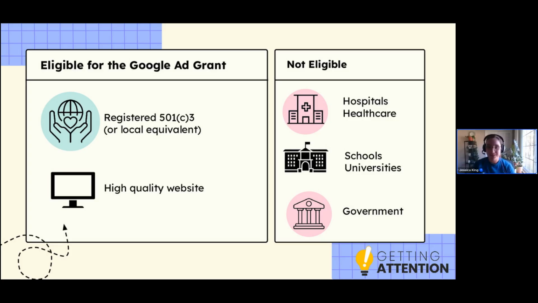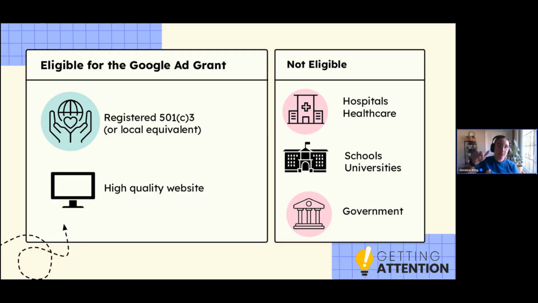For US-based nonprofits, to be eligible for the Google Ad Grant, you need to be registered as a 501c3. That part is super important. You can't be a 501c6. You can't be a fiscal sponsored organization. You do have to be a 501c3. The other question I've gotten before is, is it sufficient to be registered at the state level, or do we also have to be registered at the national level? Google is going to be looking for that national registration. So you should be registered as a 501c3 or your local equivalent. Off the top of my head, I'm familiar a little bit with Canada, for example, where you need to be a registered charity. Again, it's usually basically the same thing, but you want to look in your own country at what the exact specification you need is.